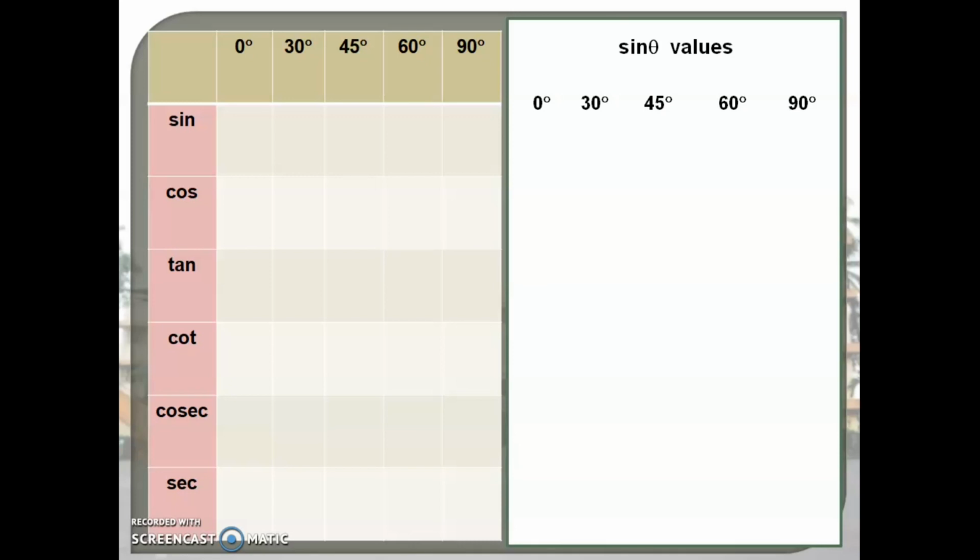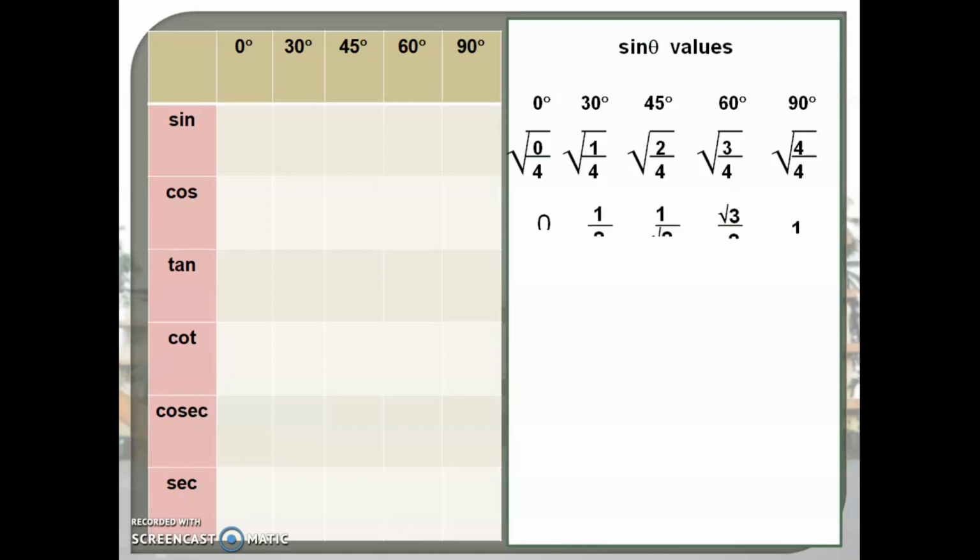So we will consider 5 numbers starting from 0: 0, 1, 2, 3 and 4. And since the last number is 4, we'll divide each number by 4. Now after dividing each number by 4, we will take the square root of each number. Now we will find out those values. We can see 0 upon 4 is 0 and the square root of 0 is also 0. Same way, square root of 1 is 1 and square root of 4 is 2. So we get square root of 1 upon 4 equals 1 upon 2.